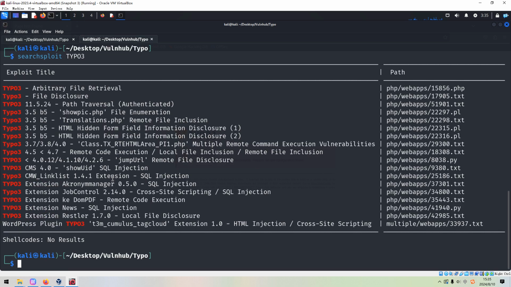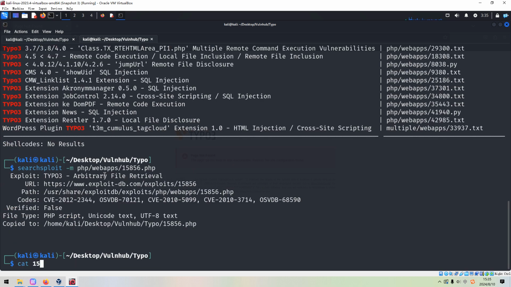My bad. As you can see, there are several exploits, and for example, like this one, arbitrary file retrieval. Maybe I'd like to take a look at this one. If we can utilize this exploit, then we can retrieve some information by utilizing this exploit, and we can cat it out.